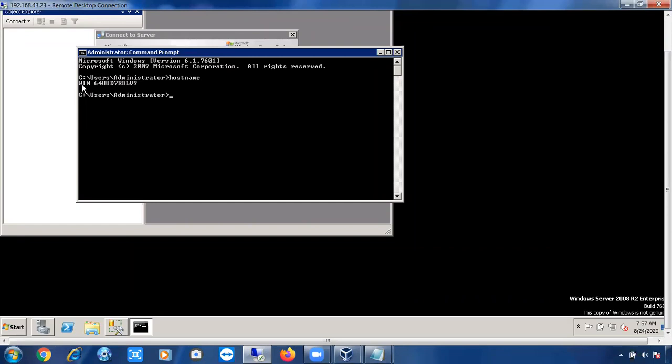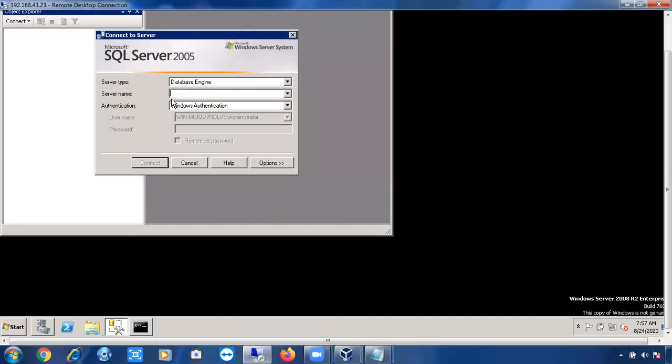You cannot see a copy option. Right click, you can see only the mark option. Just click on mark, just select which item you want to copy. There is no copy button, just hit Enter and it will copy the thing. Now the name is copied. Go to here, just press Ctrl+V, you can paste the server name, right?